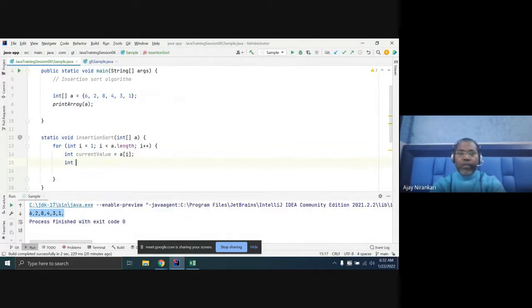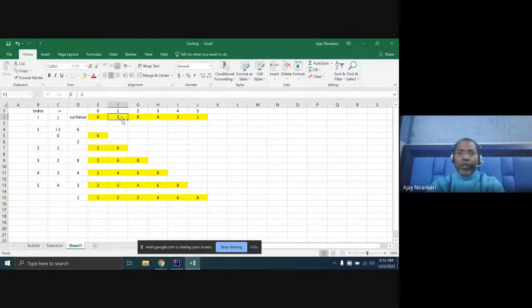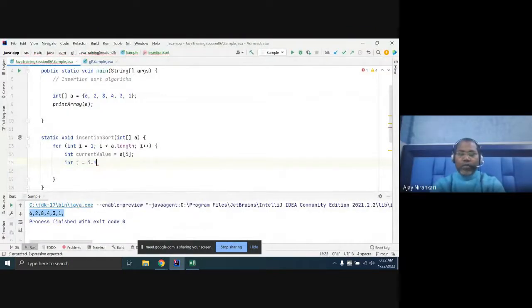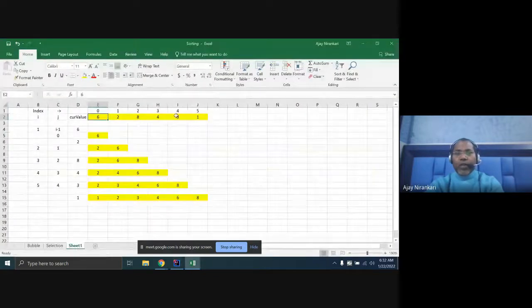Let's say another variable j. j should be i minus 1. So here you have to check this current value. For example, here we have selected the element 3.